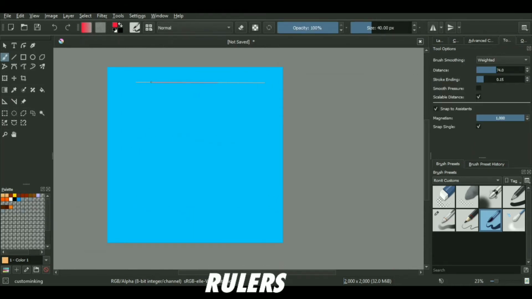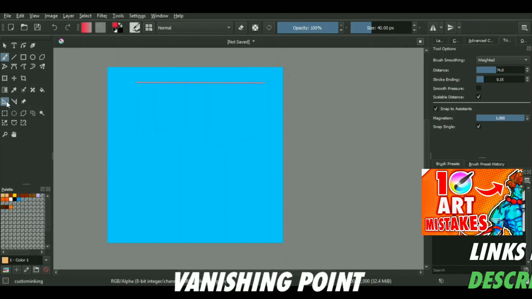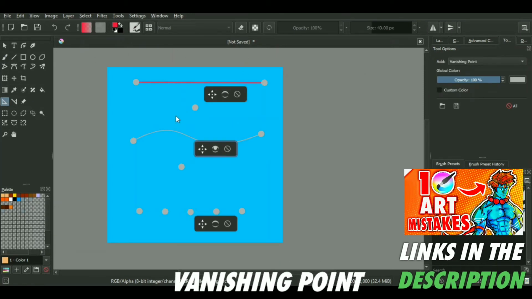So starting with the ruler, remember the infinity ruler I just talked about a few minutes ago? This ruler is just a more confined version of the infinity ruler, where you can only draw on top of the guideline you have made. You cannot actually extend its length, nothing. You can just simply draw on top of your straight line.